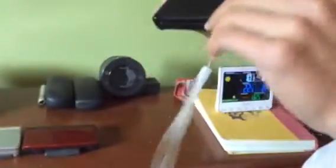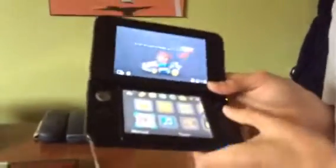Now moving on to the Nintendo 3DS XL, which was released in 2012. This thing is, of course, much bigger than the two of these. It has a different charger. It is clamshell. And you might realize, why is it bigger and heavier? Well, if you look at the screens, they're humongous. And also a cool, interesting feature about the Nintendo 3DS XL is that not only does it have new games that you can play on it that have better graphics, it also has